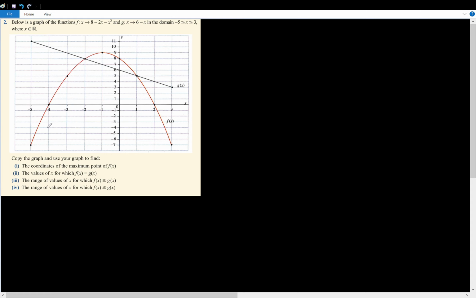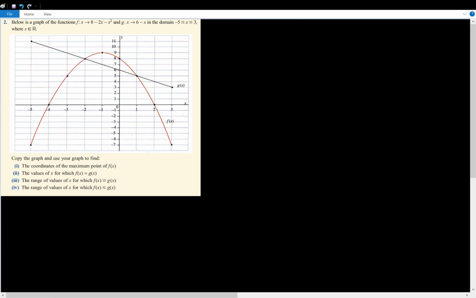So the f of x that they're referring to is in red, that is the curve that we see there. And the g of x is the dark line here that we can see, and that's the line going through there. So we have to copy our graph and use the graph to find the coordinates of the maximum point